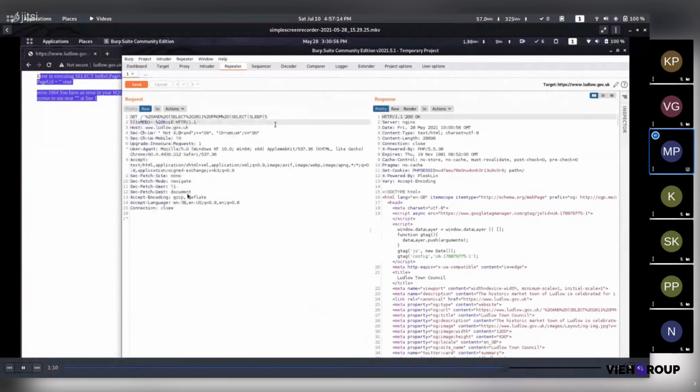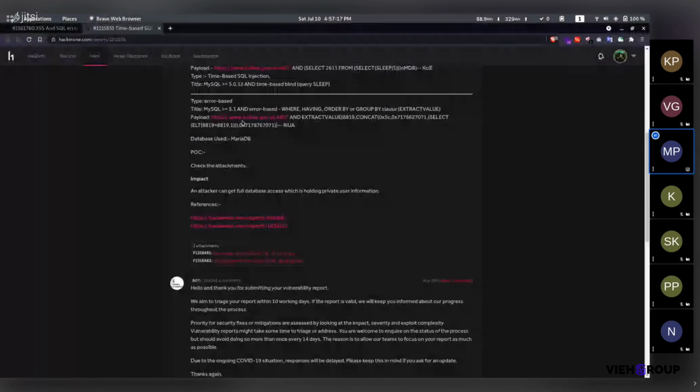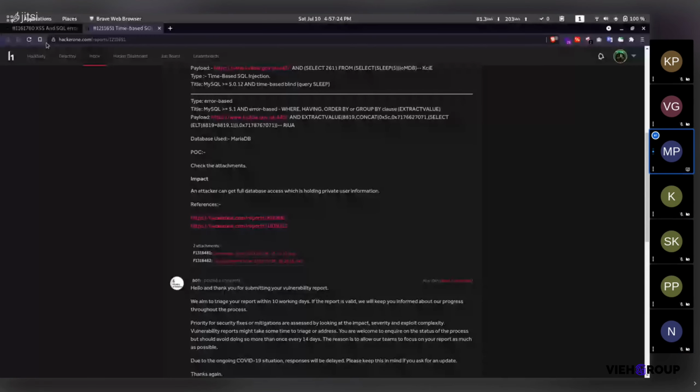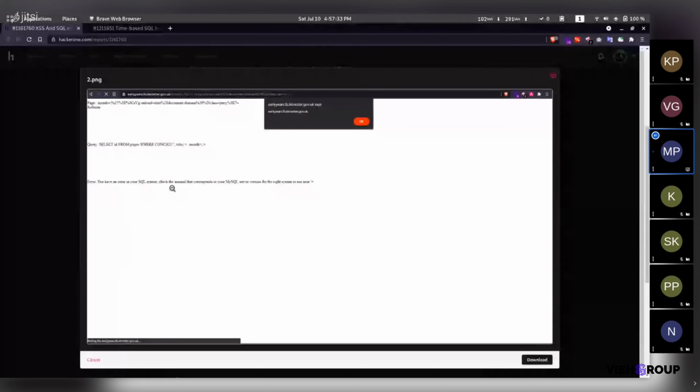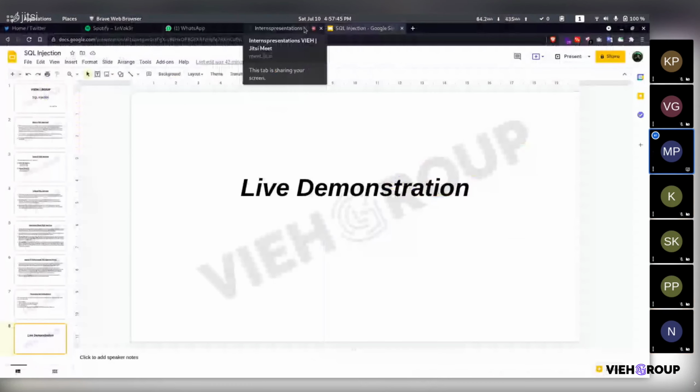So this way, the SQL injection can be exploited further, and also we can find access, because on another bug, I also found access using SQL injection, and it was also showing the SQL syntax and the MySQL server version, and it led to access. So it was on a different website, and this way we can exploit SQL injection vulnerabilities, and in real life also we can find them, but we need to dig harder. So that's all from my side.